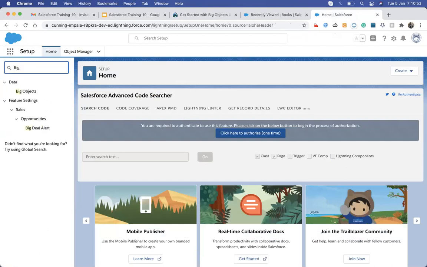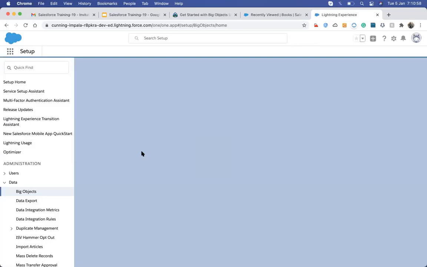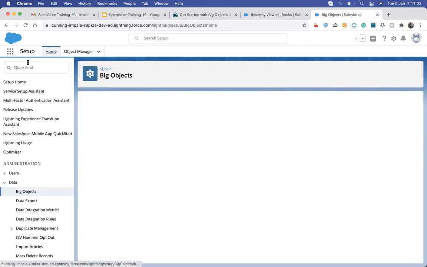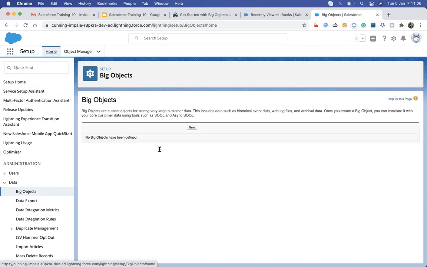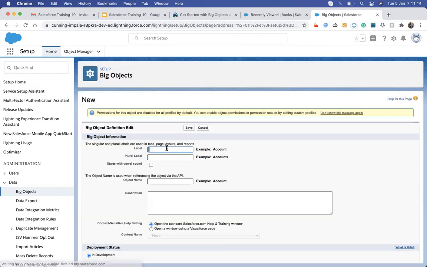Let me show you how big objects are created. We come up here, and in Setup we search for big objects and come up here. Here you can see it's asking for New.